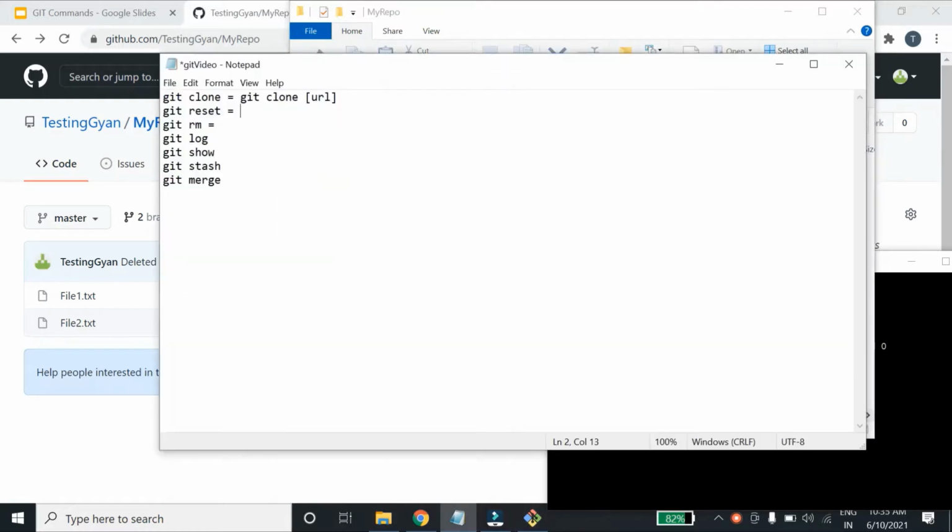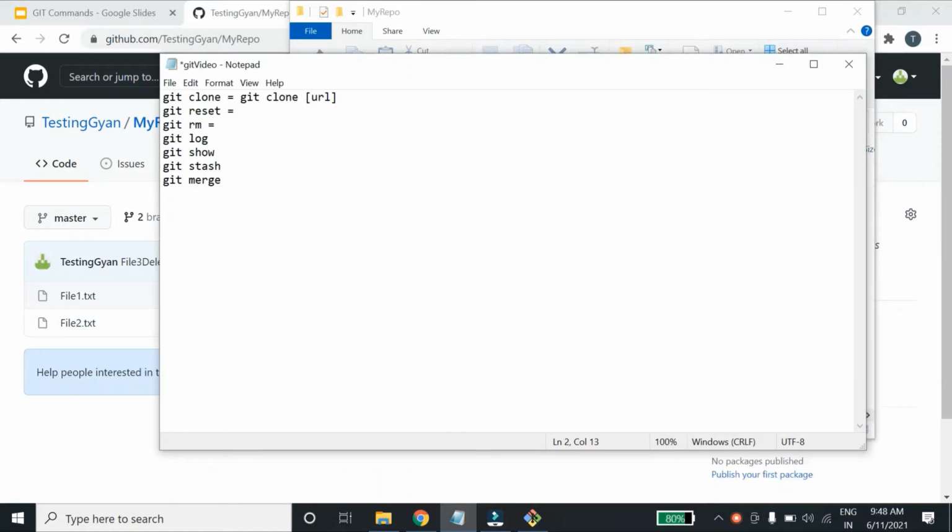So next command is git reset. So this can be used in three ways. So the first is via file name. Syntax, so that is git reset and your file name. So what this command will do, basically this command unstages the file but preserves the file content. So let's see what I mean by that.